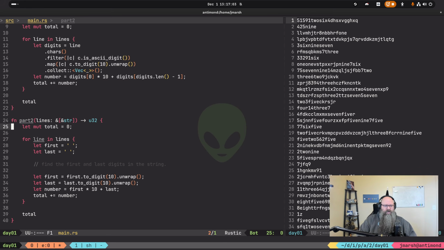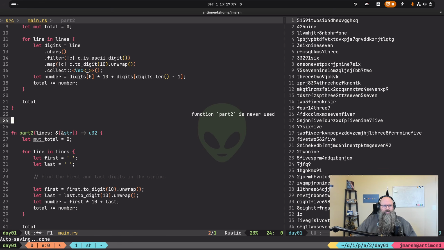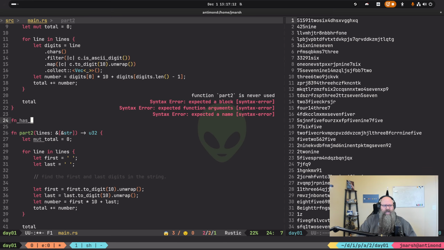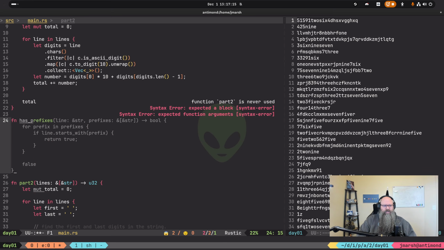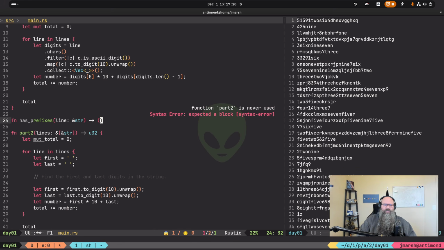Sorry, sometimes my thinking is in a stack-based thing. The one thing we'll obviously want to check for is digits, but we also want to have a has prefixes function that takes the line str, and we will return a bool, but we actually want the equivalent character of the thing, right?